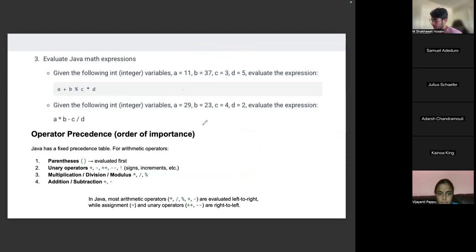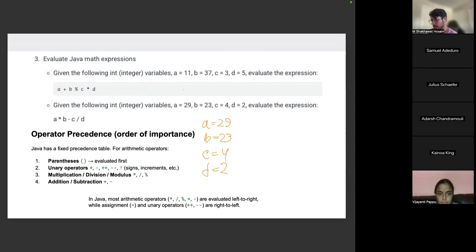So now A equals 29, B equals 23, C equals 4, D equals 2. I'm writing it because I want to say, please write your values in your sketch paper because you are going to make mistakes. I'm telling it from my own experience. There will be too much pressure and stuff, and also sometimes you get too overconfident and you get